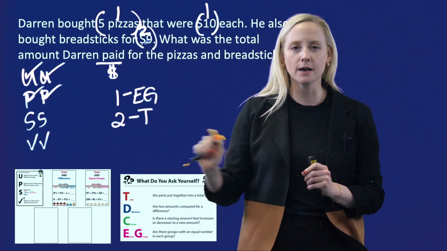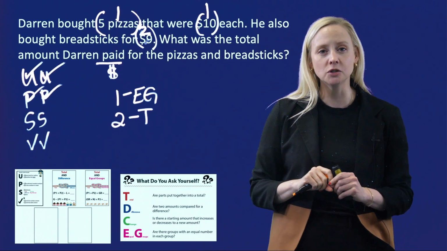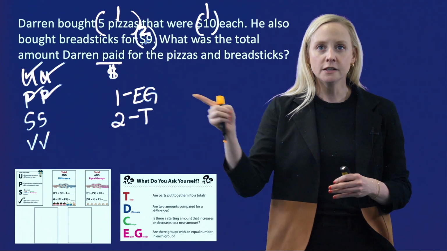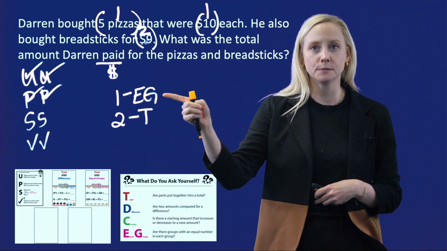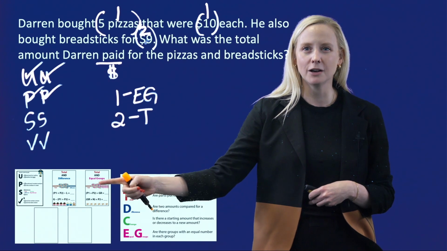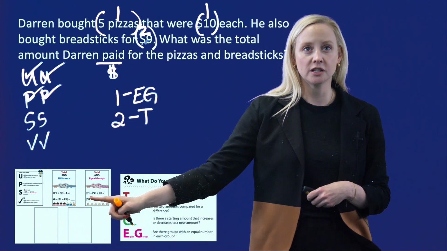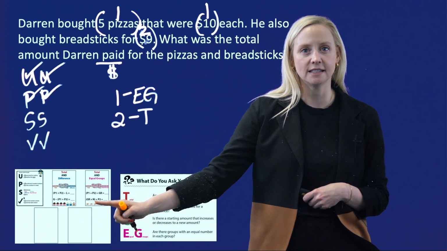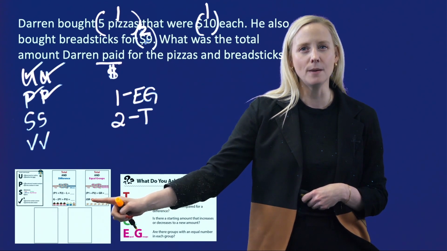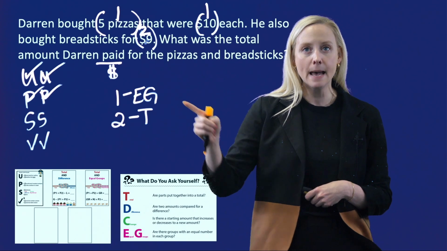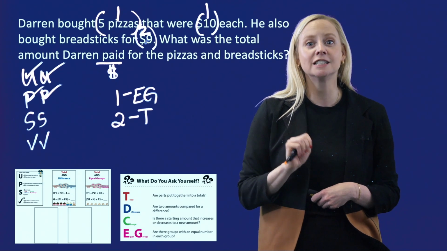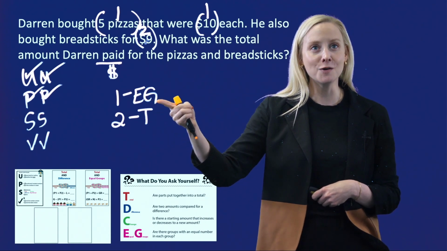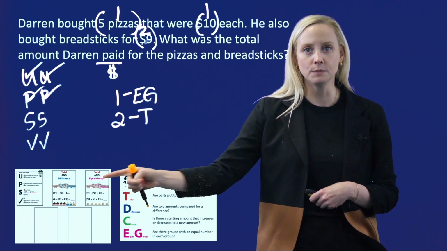So here I'm going to look at my total and equal groups poster on my multi-step word problem mat version 2. So my first step is the equal groups step. So here I'm going to look. My first equation has the total schema first, and my second equation has the equal group schema first. So I know I'm going to use my second equation because the first thing I'm doing is figuring out how much money Darren spent on pizzas, and I know my first schema is equal groups,